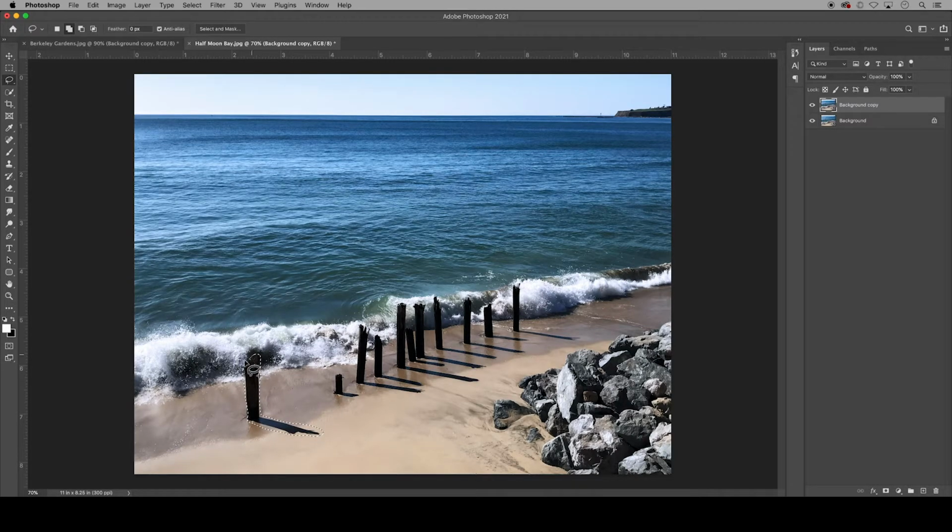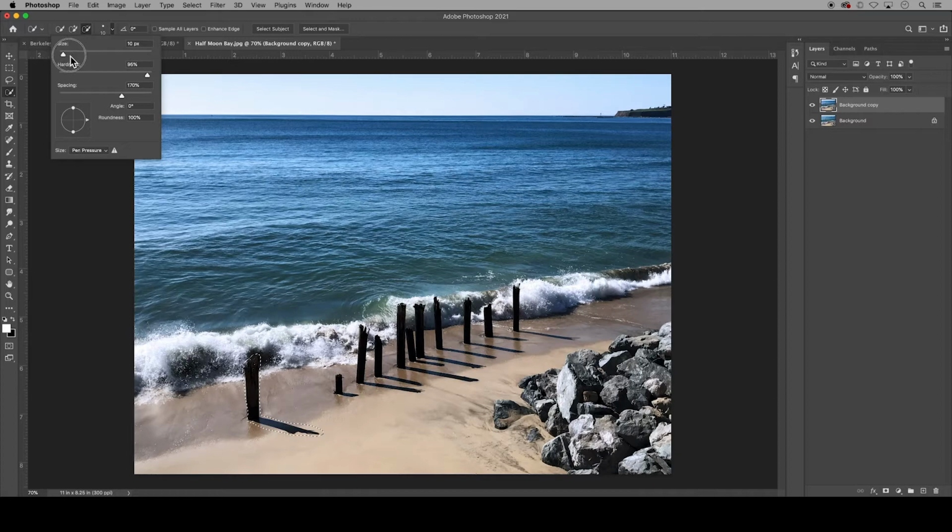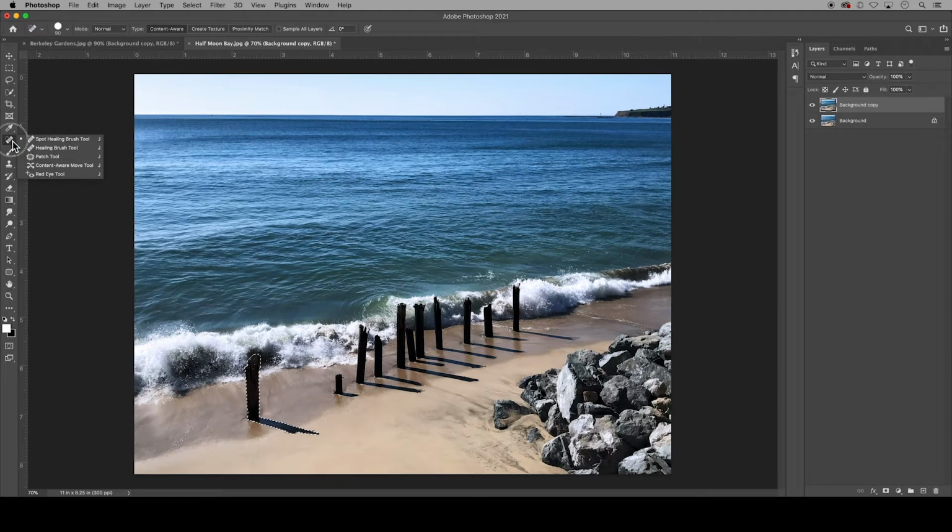Here I notice I've captured a little too much of the sand, so I'd like to switch to the Quick Selection tool. Hold this icon and it's listed here. And then you can use the plus or minus brushes and adjust the size of the brushes here. So I'll use the minus brush to adjust my selection and make it a bit tighter. Then I'll switch back to the Content-Aware Move tool. I'll click on the object and scooch it in line with the other pillars and click above to accept that